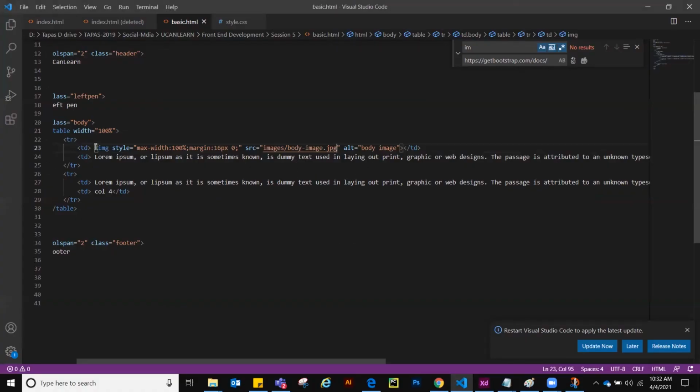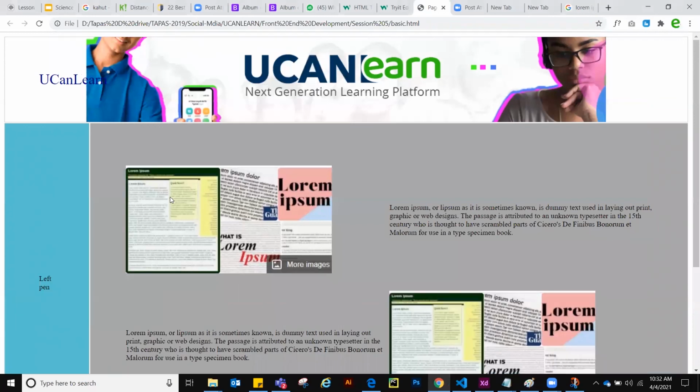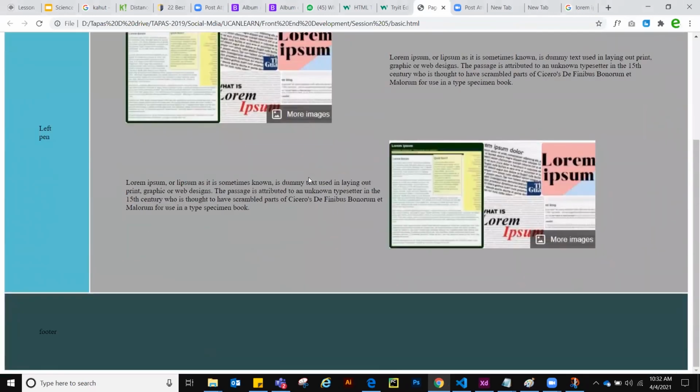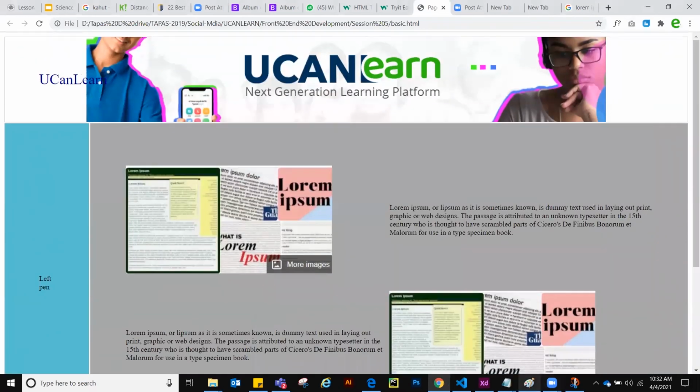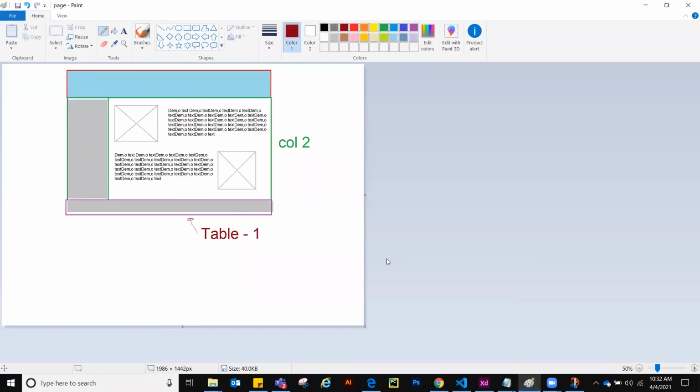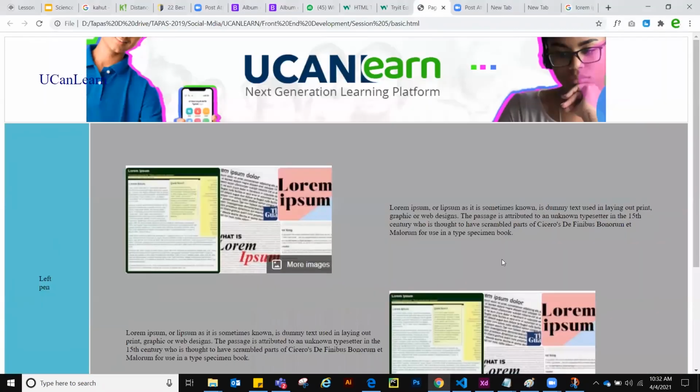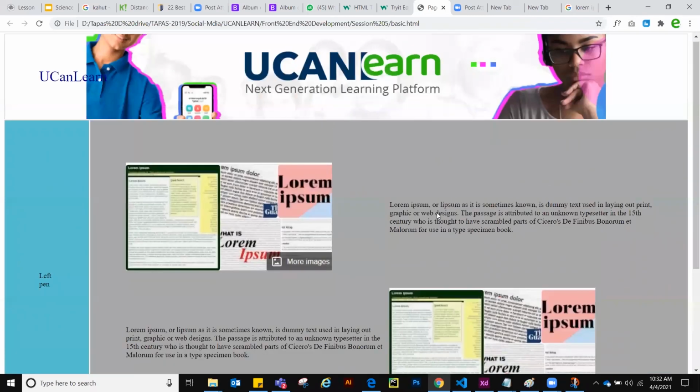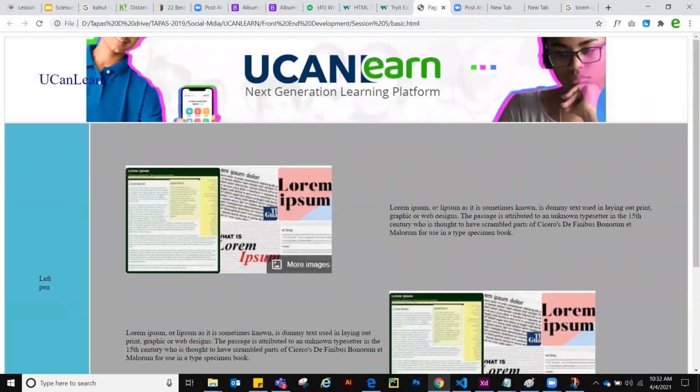Now copy the same thing and paste it over here. Done. Page is ready. See now. So we have done it, right? See, this is how easy creating a page is.